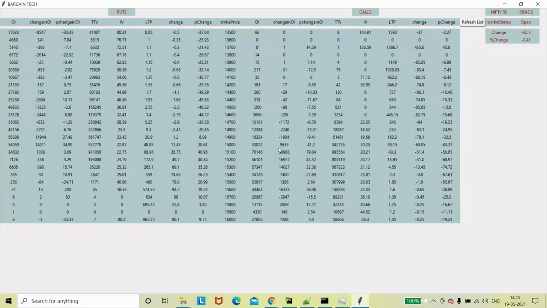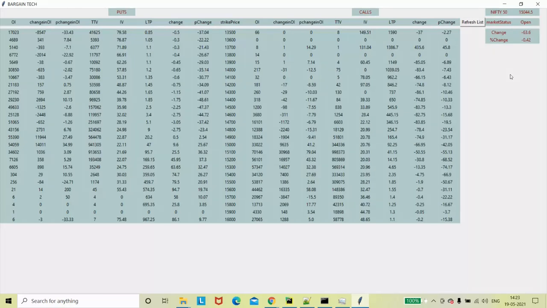And similarly, if the market is going up, you can understand that most of the call sellers are going to shift their positions to the higher side. So you can understand on which strike what is happening. I've made it just as a learning experience for myself, so that's the thing here.